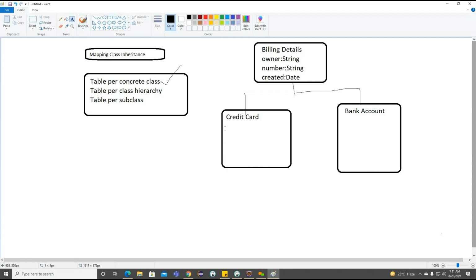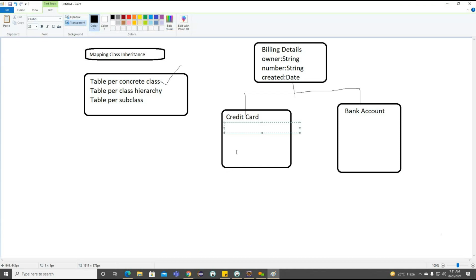So in this case, what properties are we going to have? Inside this credit card, we'll have the type of credit card, which I'm going to make an int, and expire month, and expire year.